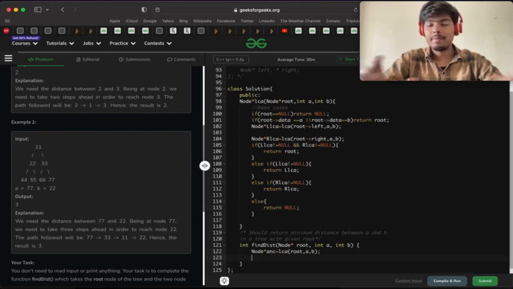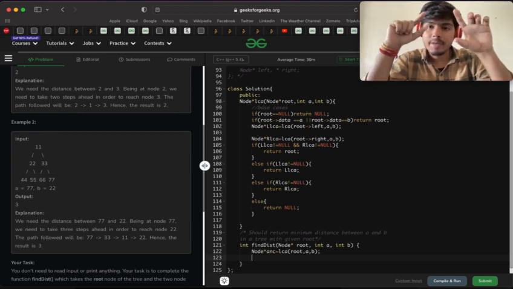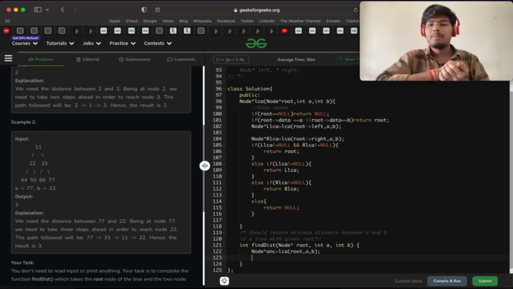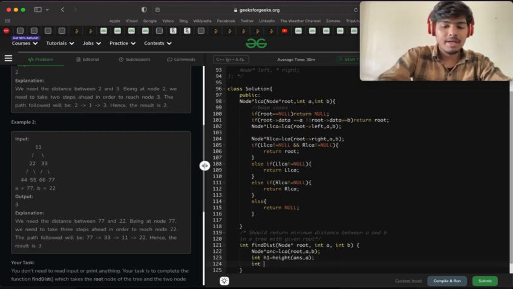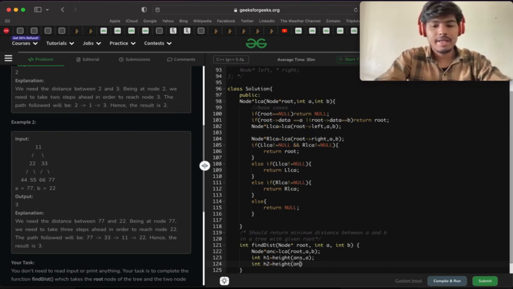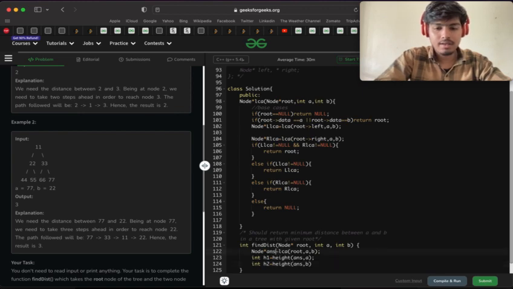बिकॉज एलसीए तो निकाल लिया मैंने, लोएस्ट कॉमन एंसेस्टर, अब उन लोएस्ट कॉमन एंसेस्टर से हम ए पर जाएंगे और बी पर जाएंगे, ए पर जाएंगे और हाइट स्टोर करा लेंगे, बी पर जाएंगे हाइट स्टोर करा लेंगे, दोनों का एडिशन जो होगा वो मेरे को फाइनल आंसर दे देगा। सो इसको लिखेंगे जैसे int h1 equals to height of root, नहीं यहाँ एंसेस्टर, बिकॉज एंसेस्टर पे चल रहे हैं, comma a, and int h2 equals to height of ancestor comma b, ancestor को ऐसे लिख लेते हैं। ठीक है,